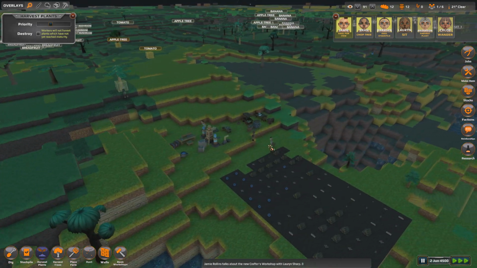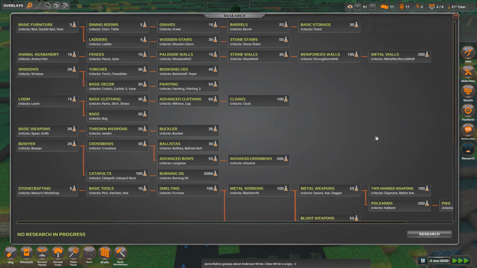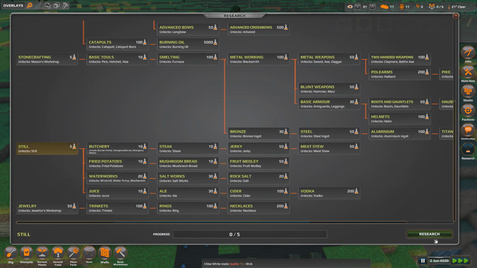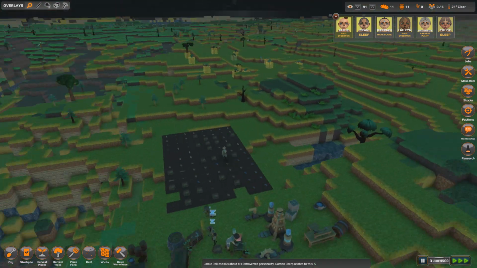I don't really know what I should be doing aside from this. We need to go to research, and we need to get the... let's see here. We need to get the still done. The still is the means by which we produce drinks. You can't do it without a still. Unfortunately,